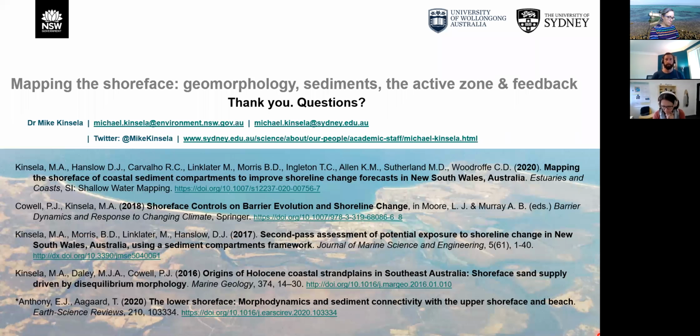Yeah, I think in terms of coming up with archetype settings and identifying the processes that are happening in different environments, the vessel-based mapping and sampling is very resource intensive in terms of time and money and effort. The LiDAR is really incredible. One of our key findings is that most of the shore face along our coast was